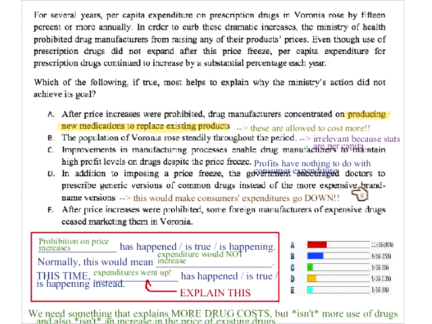And then some foreign manufacturers of expensive drugs ceased making them. This is also fewer drugs. This is less spending on expensive drugs if you can't get them anymore. So the only one that could explain these things is A. Okay, there's a question in the text box. Again, the explanation in short is we need something that would allow the drug costs to increase, because